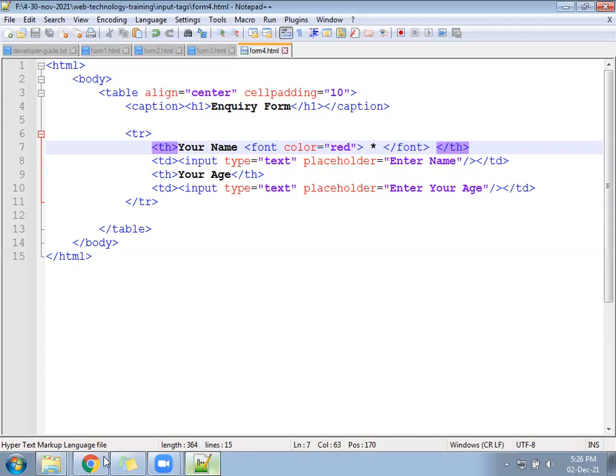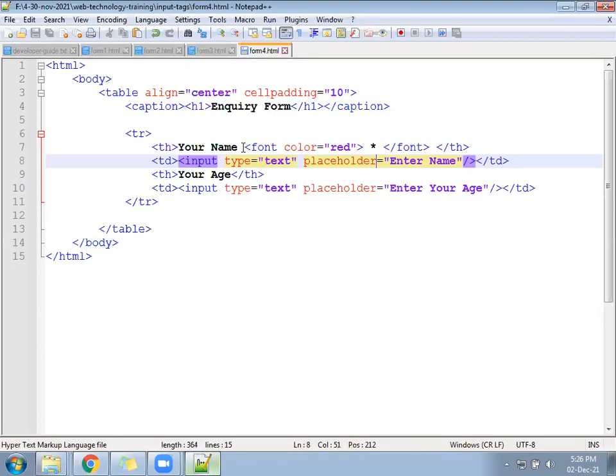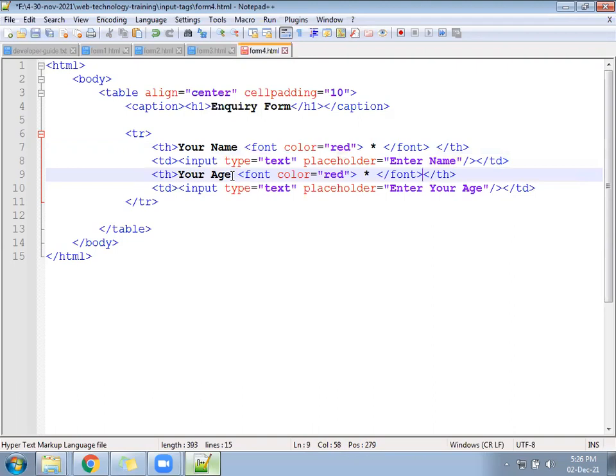Hope ready. Star is coming in red color. So age is also required, so we can keep the star for the age also. So both become required. Now a star you have given in the red color.